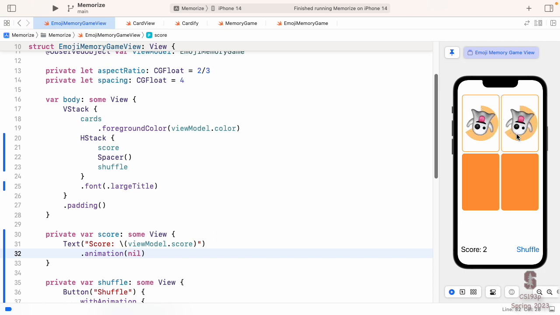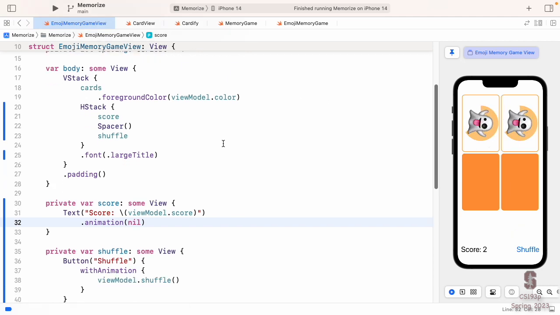So the animation is actually quite easy. You already know how to make the opacity go to 0, and moving it also turns out to be just one view modifier. But I've got to get this number on here somehow when the score changes. Let's talk about where I'm going to put that.